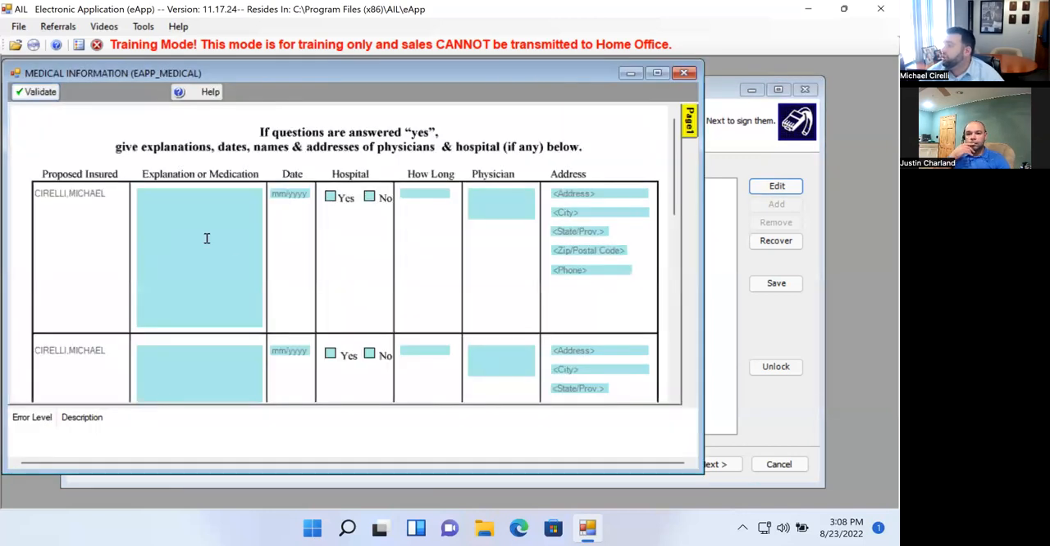Medical information. So this is where you're going to put anything that maybe they take that wasn't listed. Okay. So we already listed the depression medication for Catherine. We listed the high blood pressure for Michael. So with Michael, it's multivitamin taken once daily. Date started taking. Was not hospitalized. NA for how long? And then you don't need to fill out. But let's say,